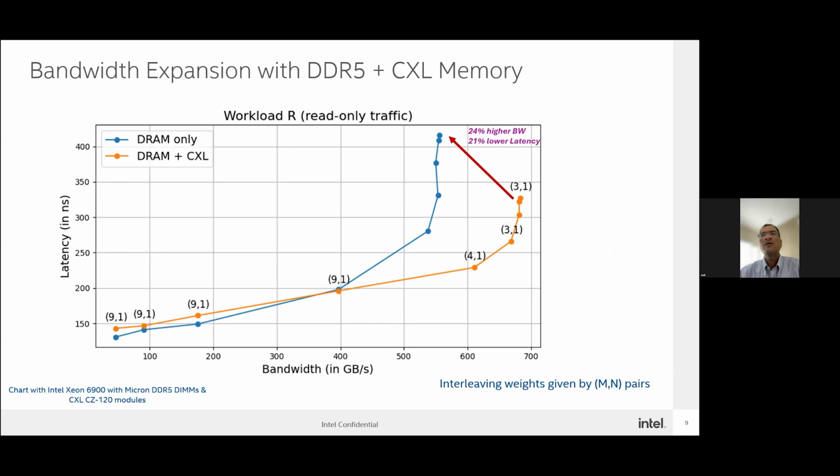So yes, eventually even that will saturate if you keep on increasing the bandwidth. But at least you get a reprieve, right? Going in this graphic from 400 gigabytes to 600 gigabytes, the latency is still kept in check. Now, for the remaining part of my presentation, I'm going to cite a few examples of AI workloads which have